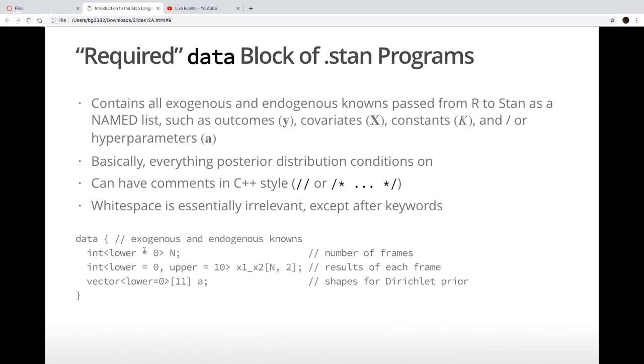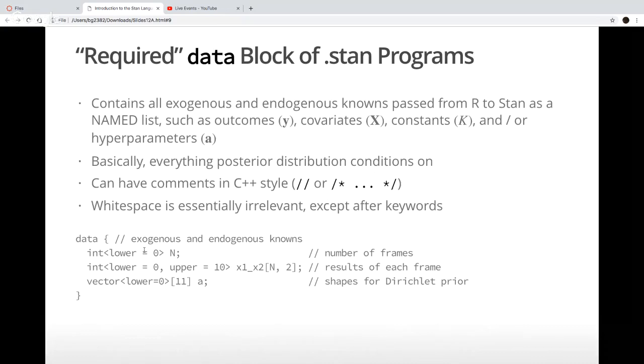So it's going to contain everything that's known, whether exogenous or endogenous. So that needs to be passed from R to Stan as a named list in R. So you collect everything, we'll show how to do this later, but you collect everything in R in a list. The list has names. The names have to correspond to the names of the things in the Stan program.